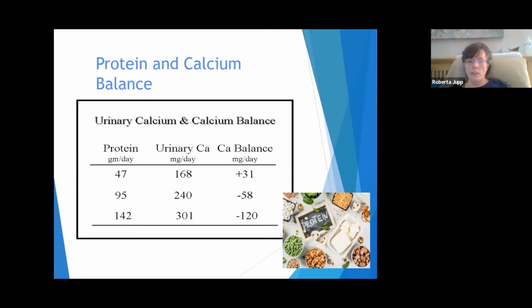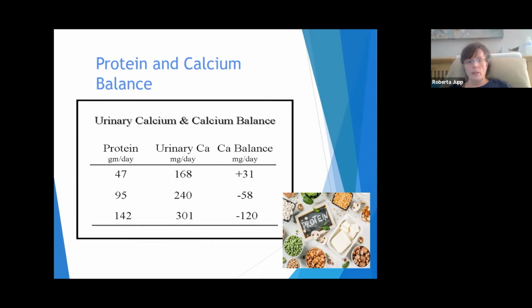So what about protein in the diet? These are some really interesting studies, and it kind of shows us the amount of protein that we actually need. And protein varies based on our height and our weight and our activity level and our age. But for the most part, these studies were very good and very comprehensive and showed actual amounts of protein that we would need in order to keep our calcium balance where it needs to be.